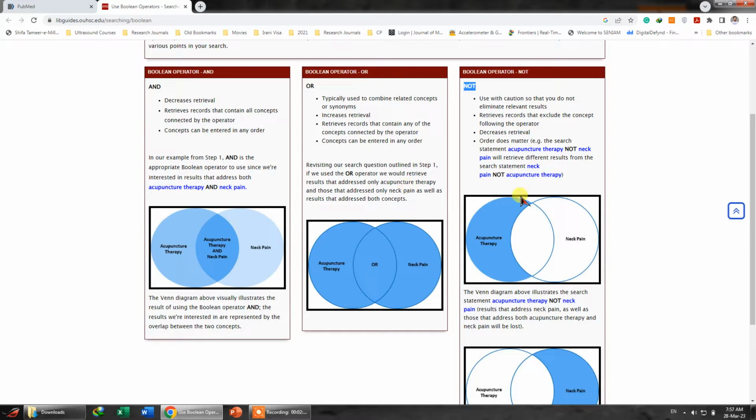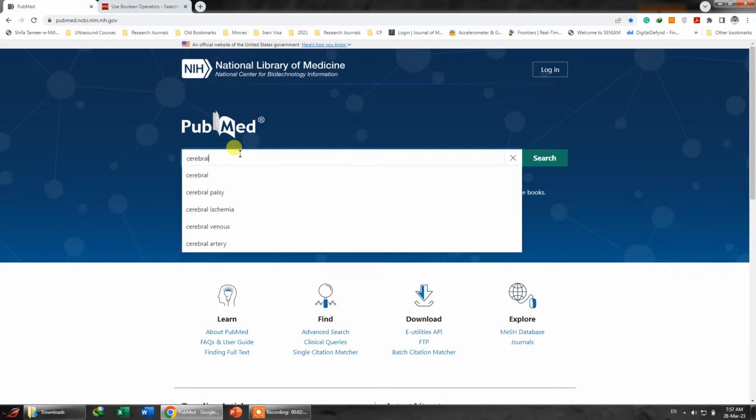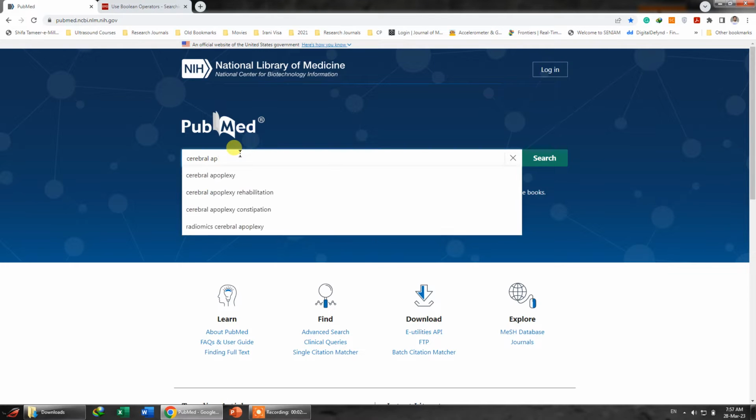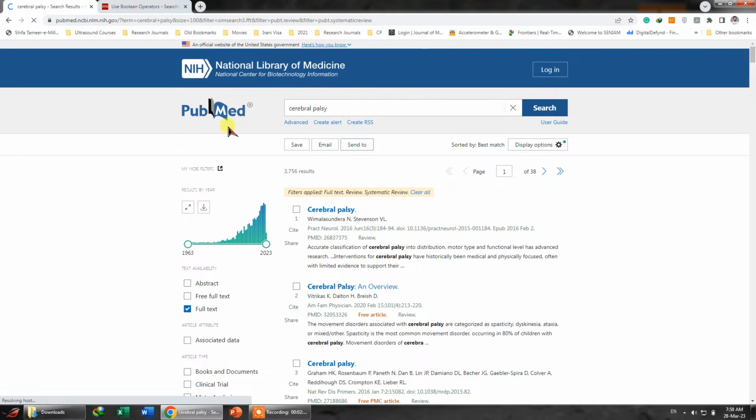But let's try to practice this on PubMed. For example, we want to look for cerebral palsy. Last day I made a video on how to restrict your search. See, this is just the basic search. If we want to use any Boolean operator,